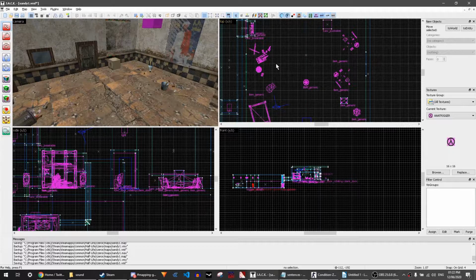For a scripted sequence, you need 4 things: a trigger, a scripted sequence, a scripted sentence, and a monster. I'm going to be using a CT SWAT assault rifle as the monster. First, you want to create a trigger,